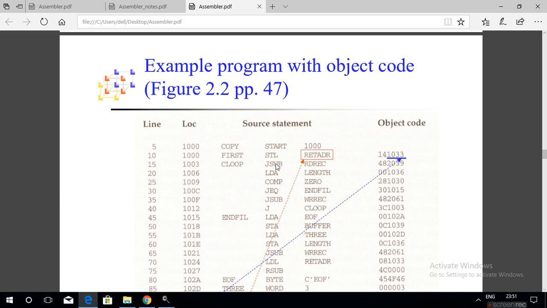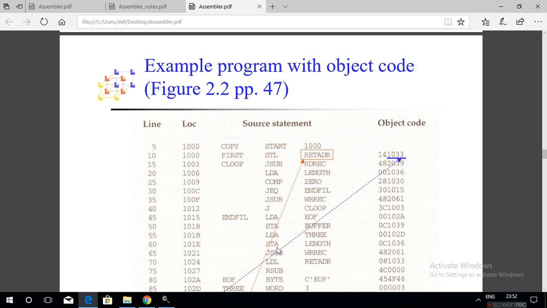Length of the instruction is 3, so 1006 plus 3 is 1009. Again, this instruction is also there in the machine opcode table, so 1009, 100C, and again like this.